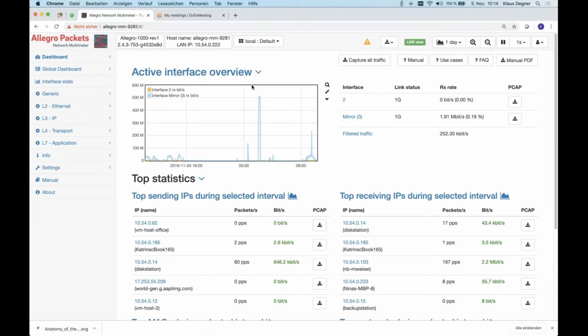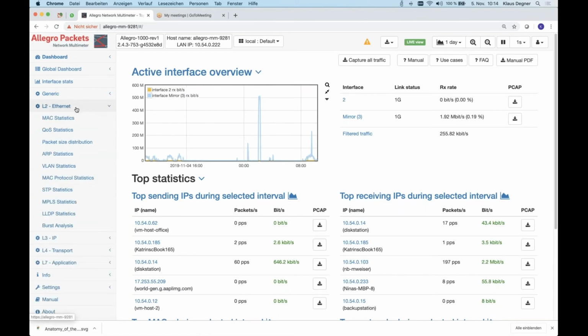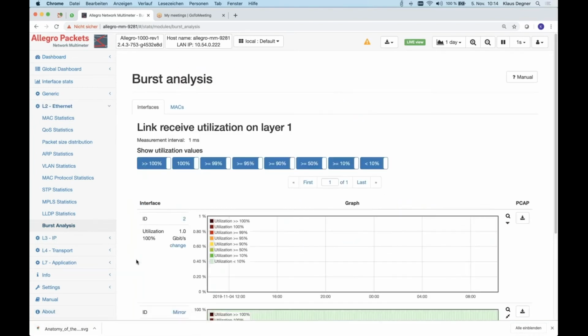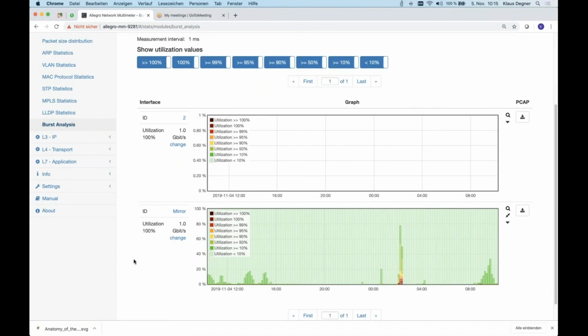So that's a generic overview. The Allegro, just going into a very few modules, can do analytics from very below, what we call burst analytics, where we simply sample the utilization in milliseconds. Well, the problem here is that if you have average utilization of, let's say, a 1 minute graph, you never know, was there a peak in the network? So we decided to implement a burst analytics where we measure per millisecond what was the load.